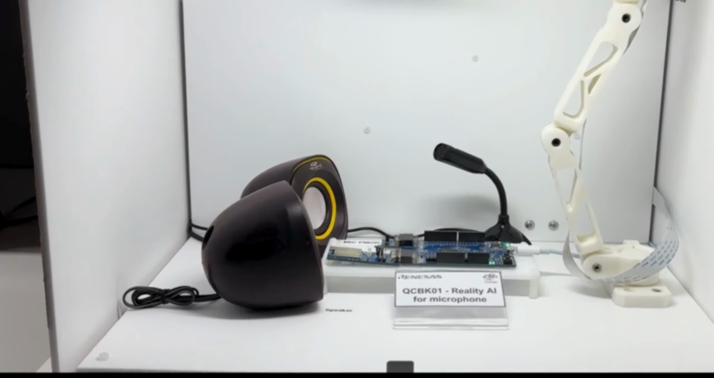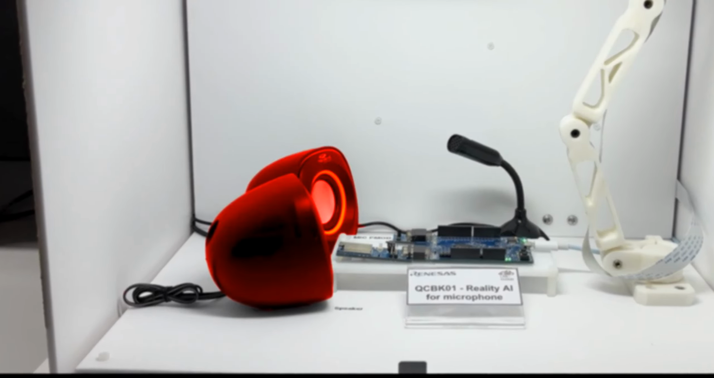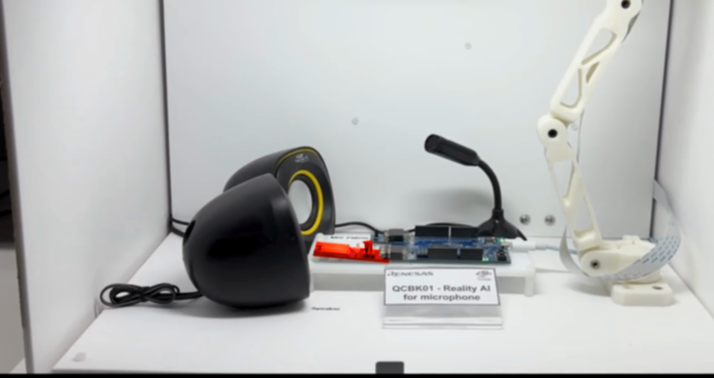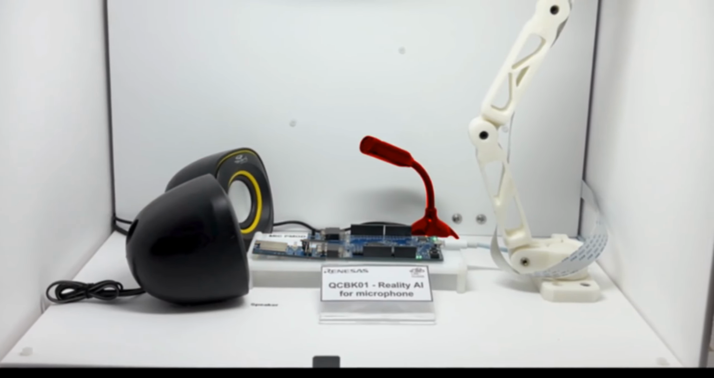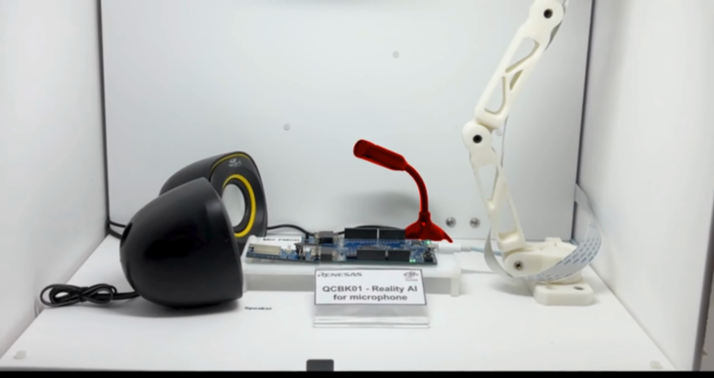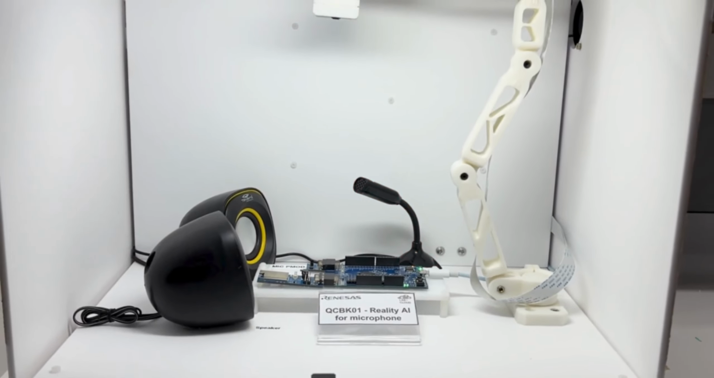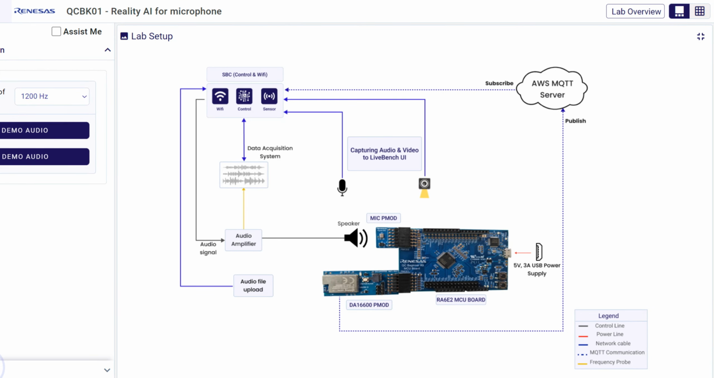The setup consists of a speaker from which audio is played, which can be sensed using the mic module. The setup also includes a microphone from which the user can hear the audio being played through the Live Bench live window. The Renesas Quick Connect Beginner Kit showcases the capabilities of the RA6E2 MCU, running AI algorithms directly on